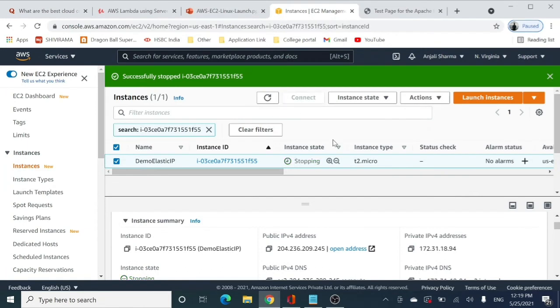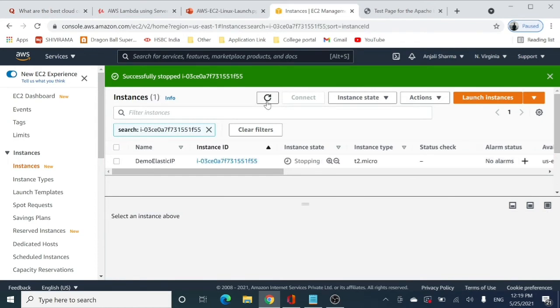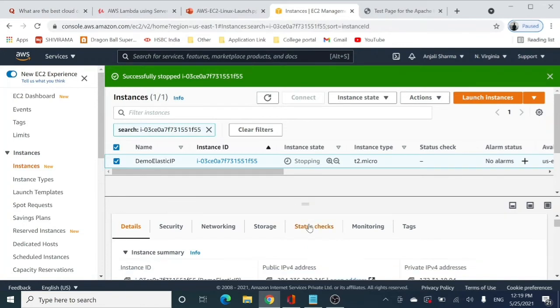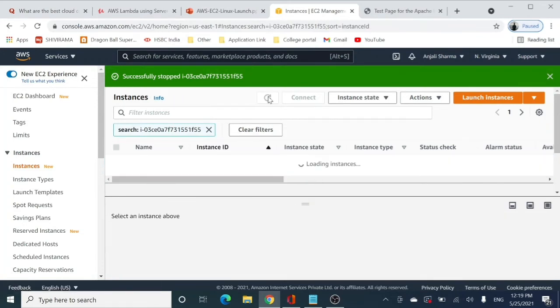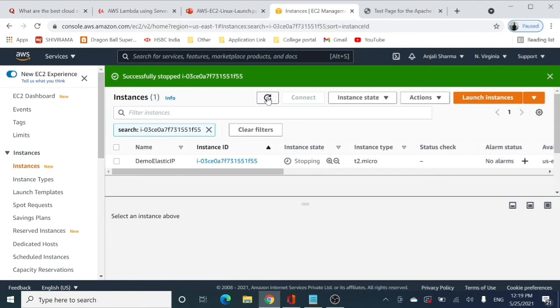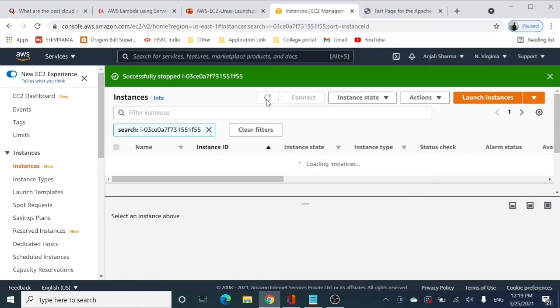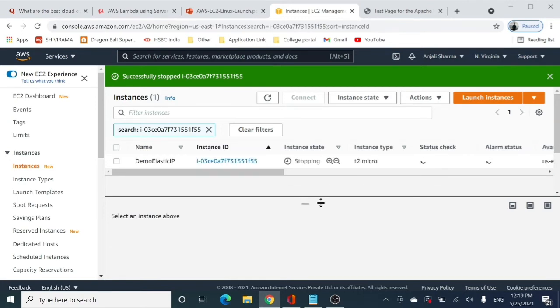While I am stopping it, this public IP address will vanish, right? After successfully stopping my EC2 instance, this public IP should get changed when I restart it, right?